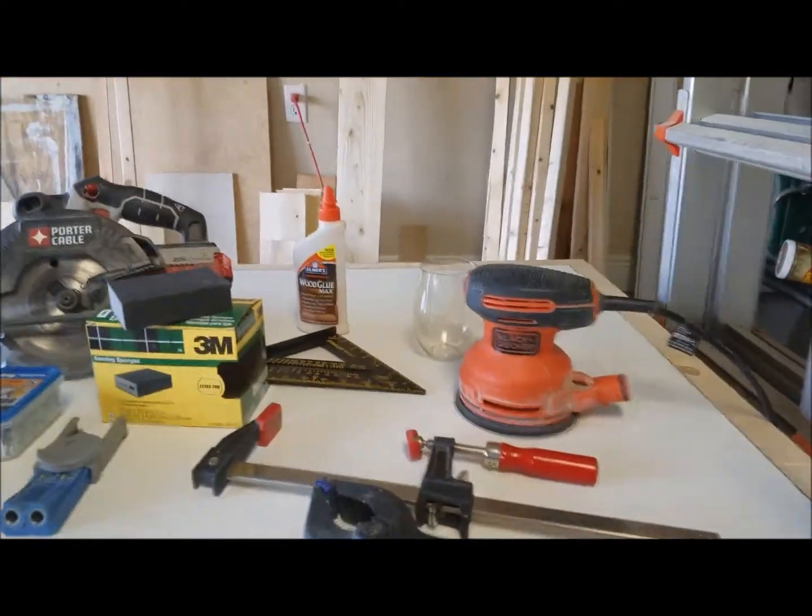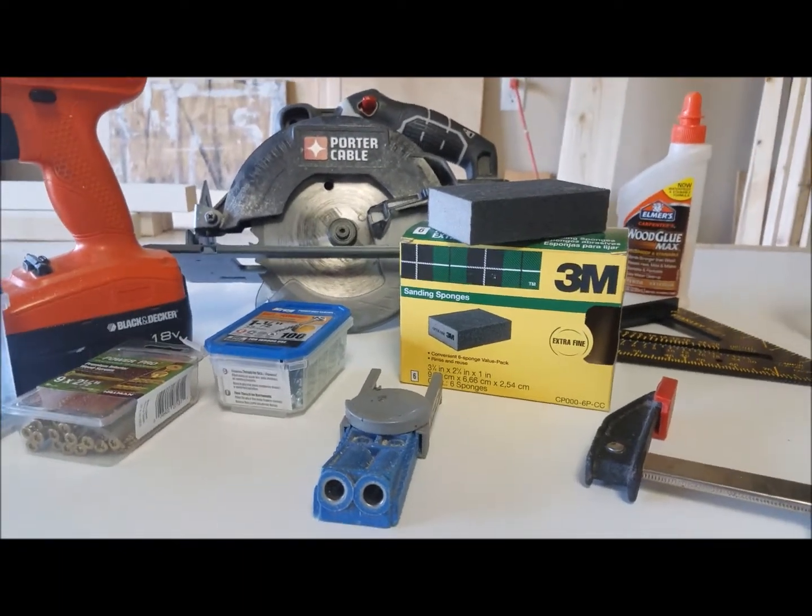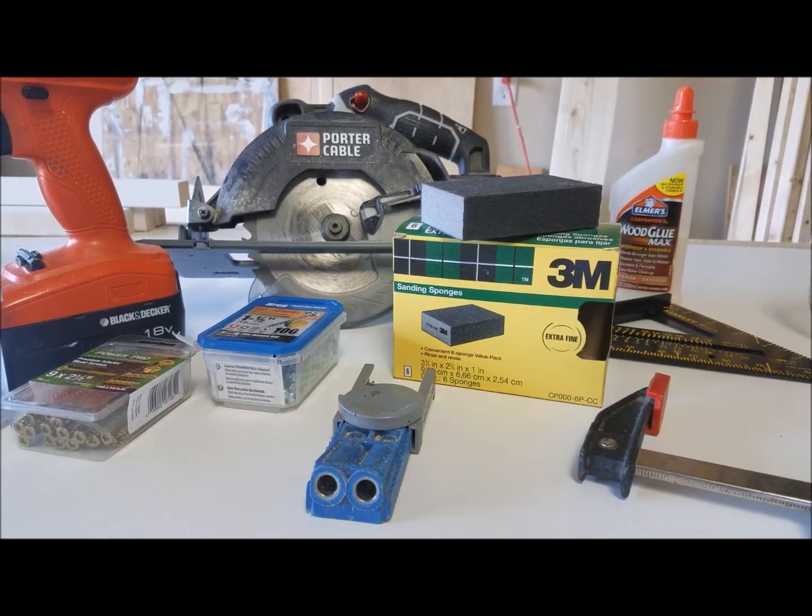Alright, now let's talk about the tools. This is about all I got. No, this is all I got. I have regular hand tools and stuff for cars, but as far as the wood stuff goes,